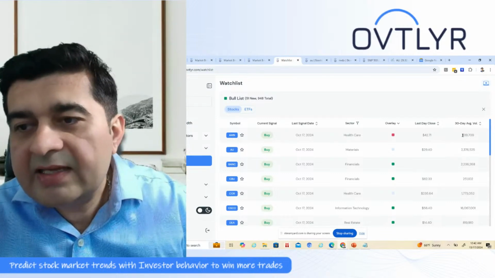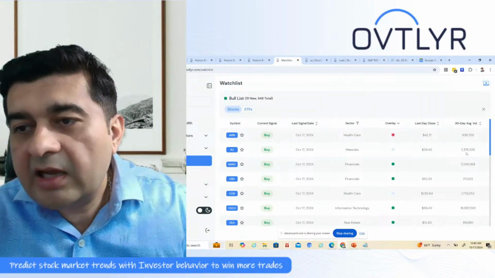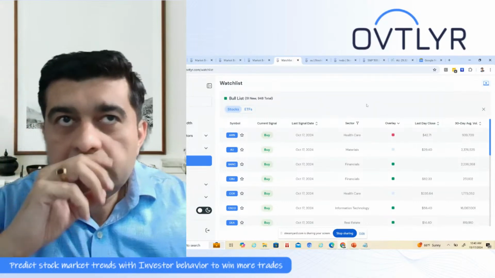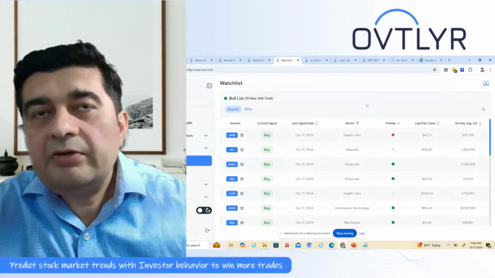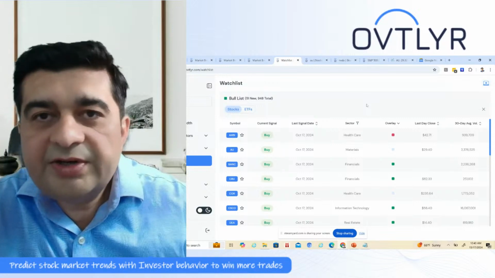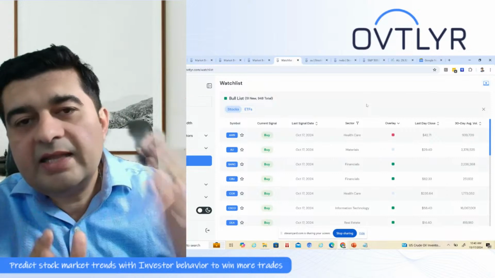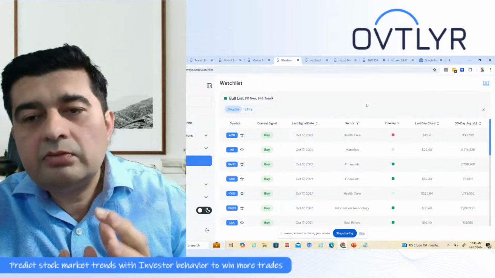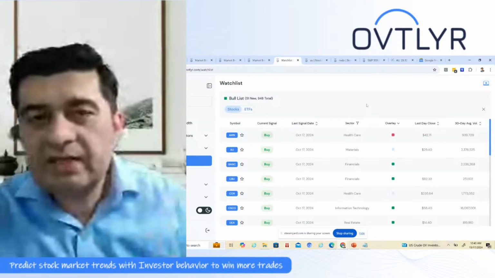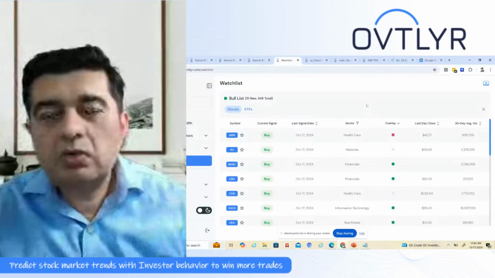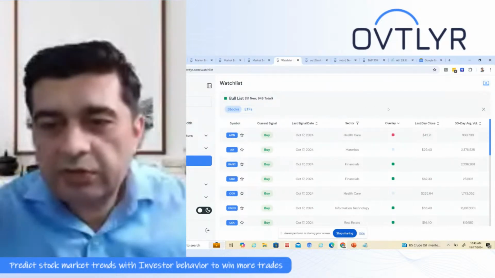So this one, materials, has around 2 million plus average traded volume, which is good. In my opinion, 1 million average traded volume is good. 500,000 traded volume is still kind of okay, but below that, less volume for a stock means there's less demand, fewer investors are buying and selling that stock. So it's a good idea to look into stocks with a little bit higher volume.